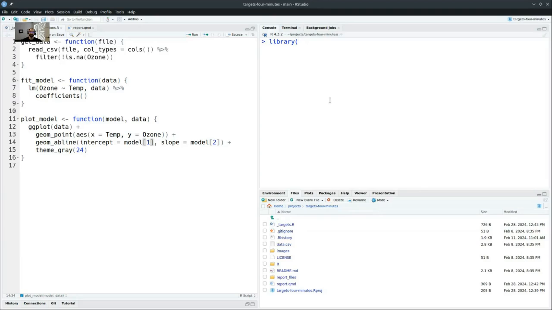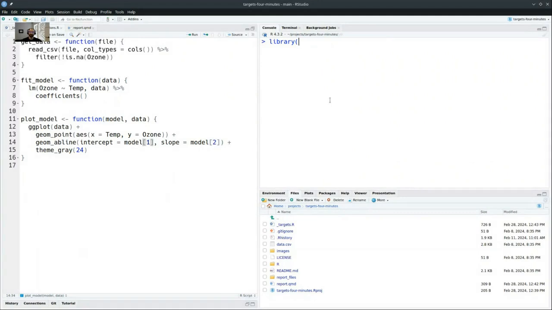And when you add targets, it doesn't need to be the kind of project where you've already put all those pieces together. You can start with just a few small functions that you experiment with yourself. And once you get an idea that they're working okay in very small test cases, then it's a good point to put it in the targets pipeline.